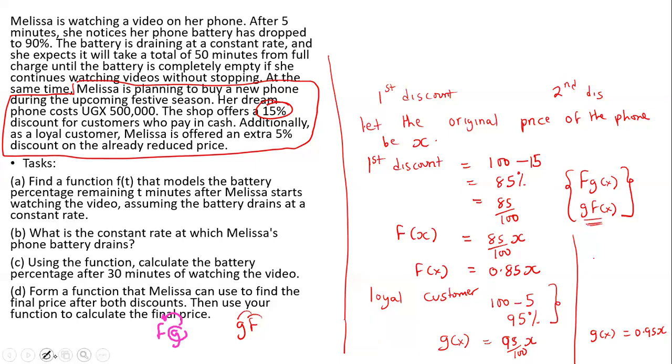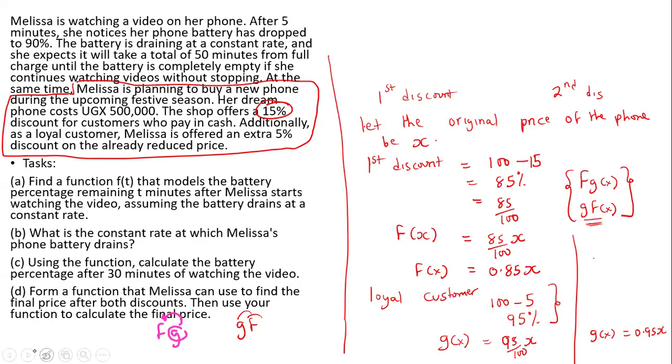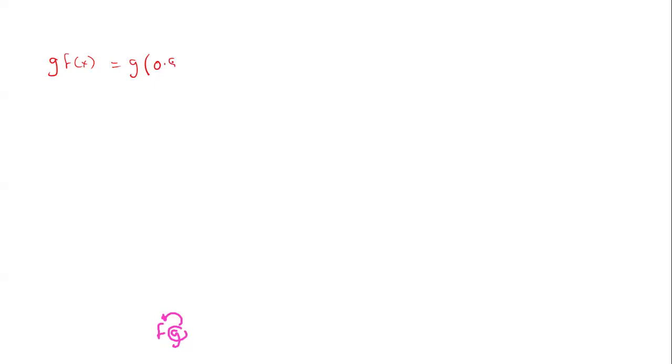So I'm going to come here and say our gf of x will equal g of f. Then what was our f? Our f was 0.85x. Now, in our function g, where there is x, we shall put that. Remember, our function g of x is given by 0.95x. So where there is this x is where we put that one. So we shall say gf of x will equal 0.95 times